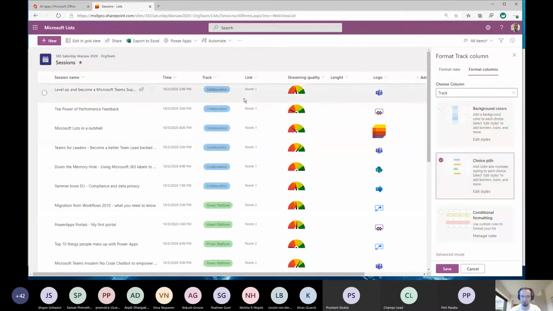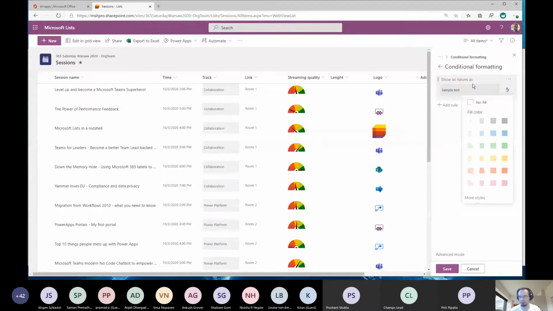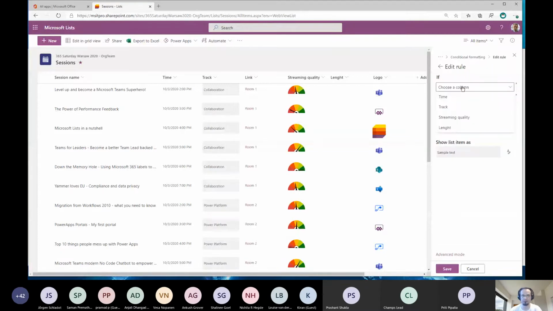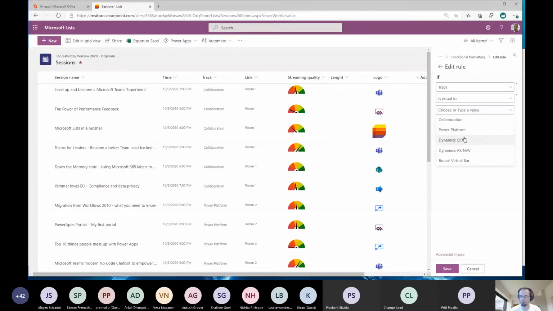Choice fields automatically create a nice color around the name. And conditional formatting, so I must create a condition. Let's say if Track is equal to Dynamics CRM, then I will make it this one.